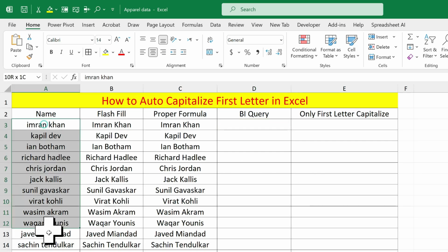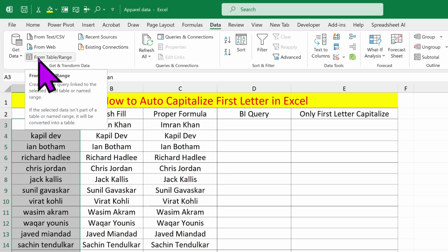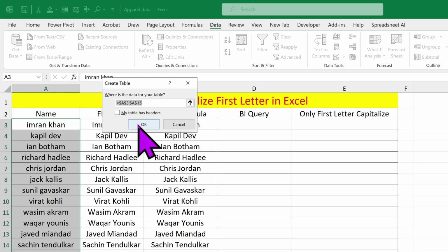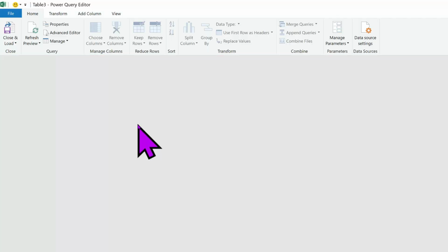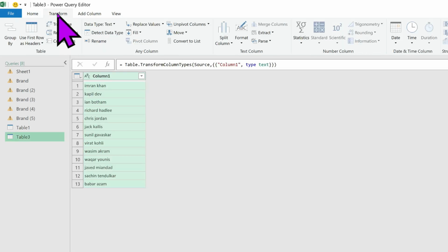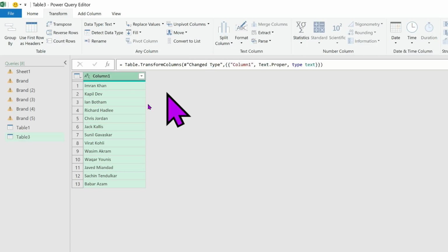For this, you need to select the range of the data and then go to the Data tab and go to From Table/Range. Click OK. A new Power Query Editor will open, and then go to Transform and go to Format, and here you will see Capitalize Each Word, and here you can see that the first word is capitalized,